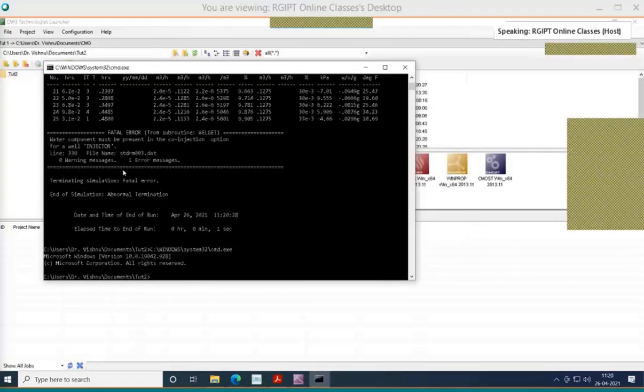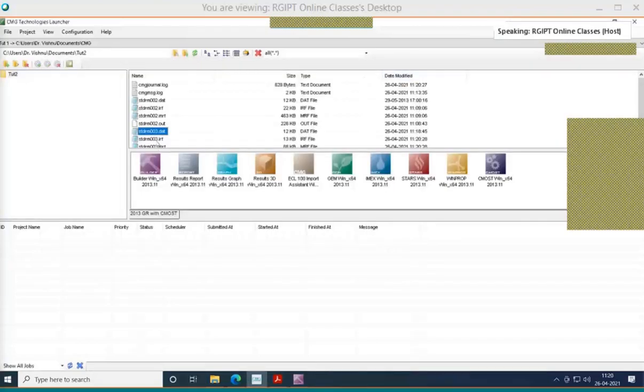Termination, fatal error, abnormal. The water component must be present in injection option for well injector. Okay, there is some more error. Let us try to solve that.